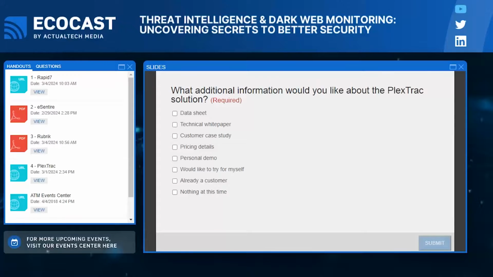I think a next good step in my high recommendation is go to plextrack.com/try. And the reason I say you should go to that specific link is because you can actually do a nice little walkthrough of PlexTrack today to see what the platform looks like. It is very basic. And then if you're really interested in seeing more, you can fill in and get a request for a demo. And you might even get me depending on where you are in the world. And I'd love to have a little chat with you guys.